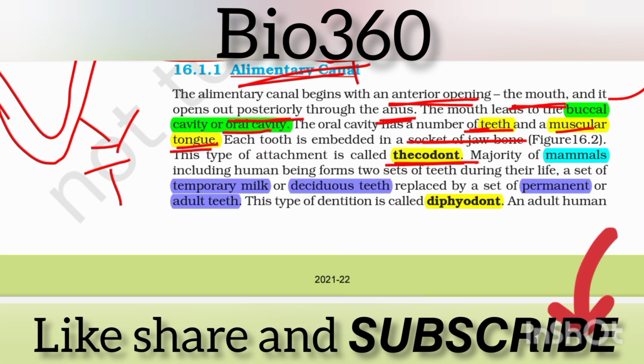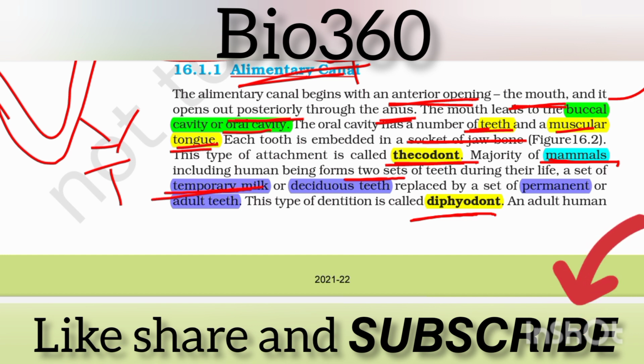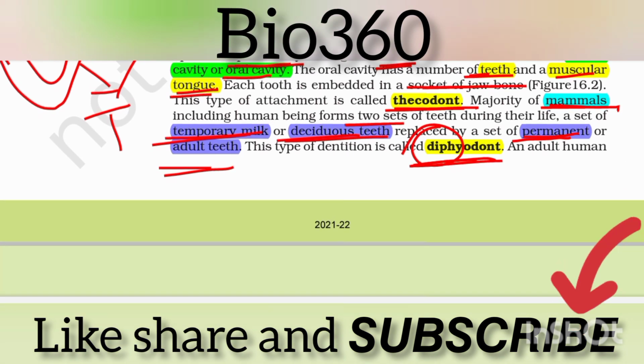Whereas in the majority of mammals, two sets of teeth are present. This type of teeth is known as diphyodont dentition. The first set, which arises in childhood, is the temporary milk teeth or deciduous teeth, which later on are replaced by permanent or adult teeth. So we will call this diphyodont. Di means twice. Adult human being